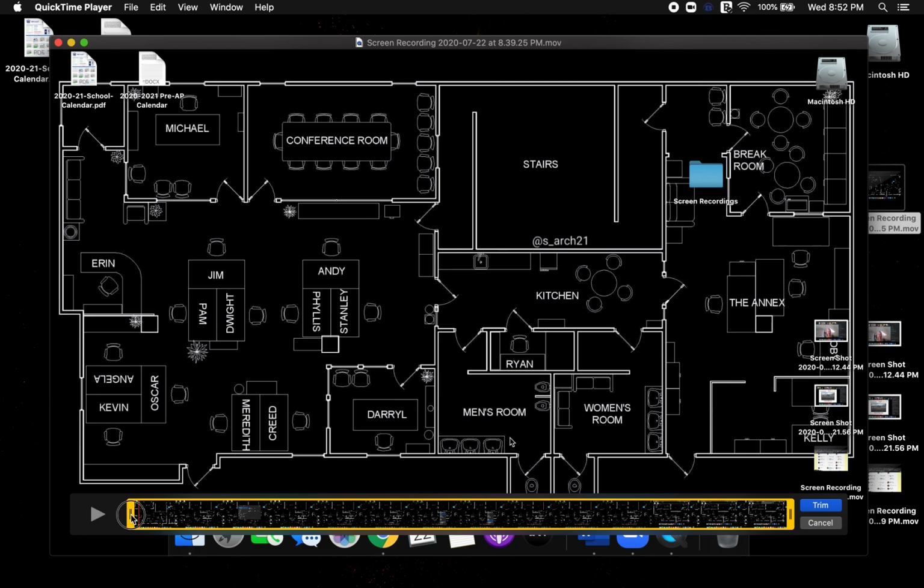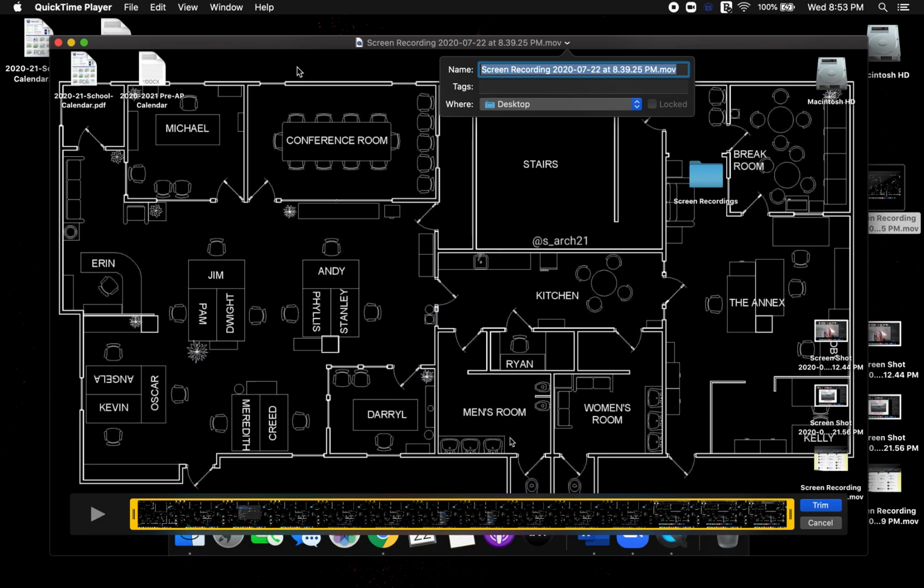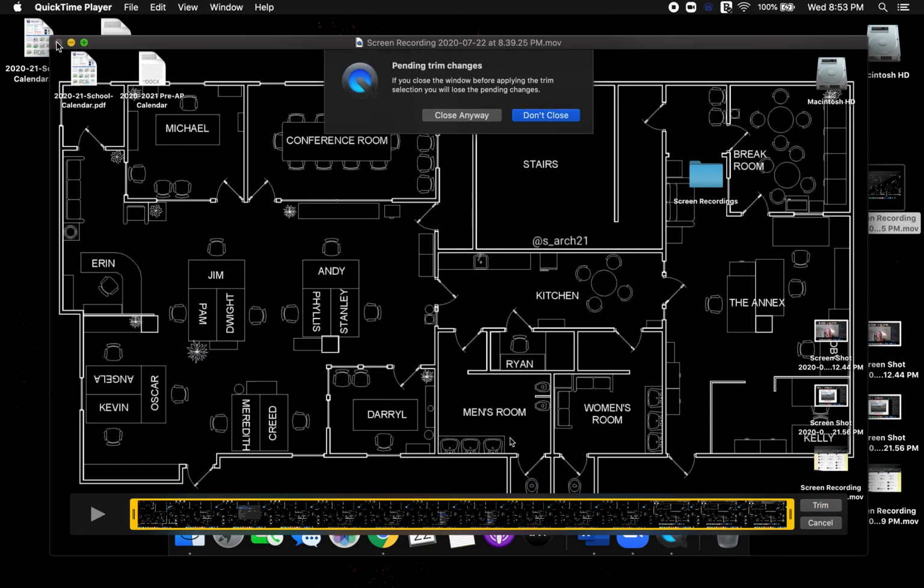Let's say I mess up and I accidentally move it over here. To use QuickTime Player. Oh no, that's too far. All I have to do is drag it back over. It's super simple to use. Once you're finished with this, you go up, you can rename from there, or when you go to close,